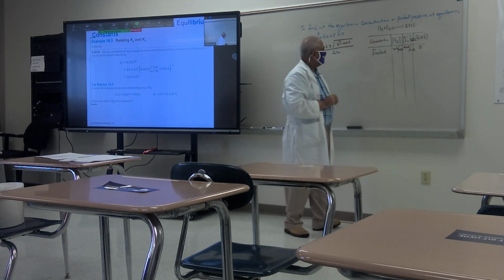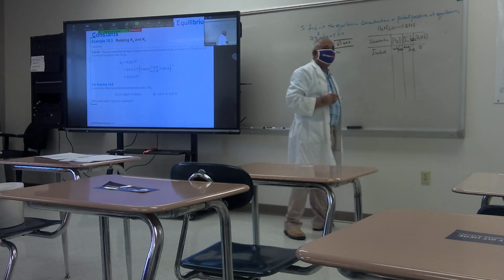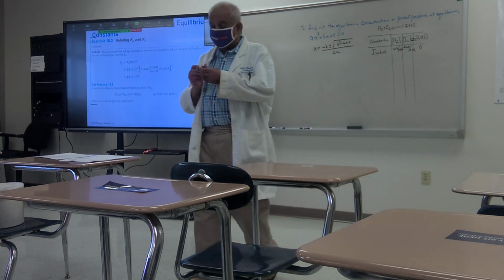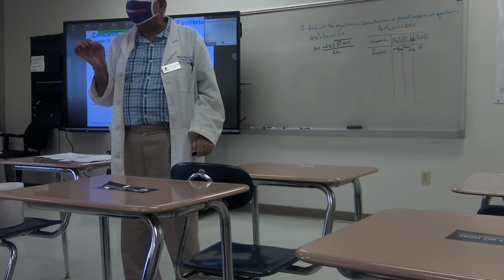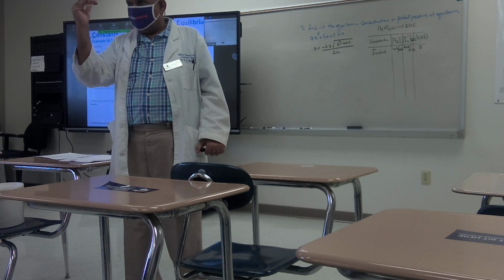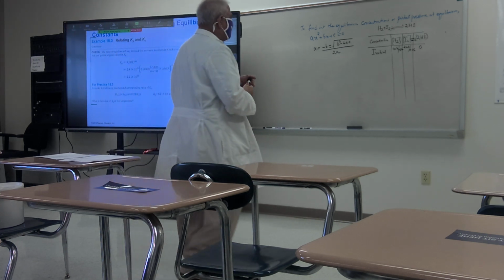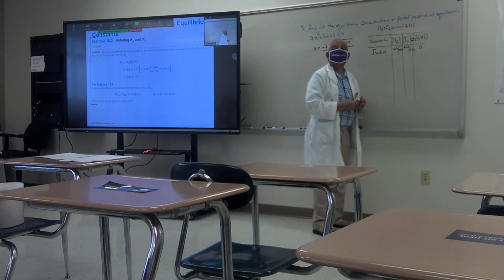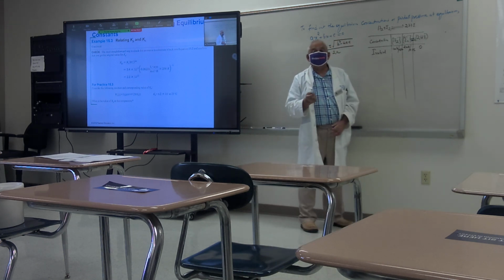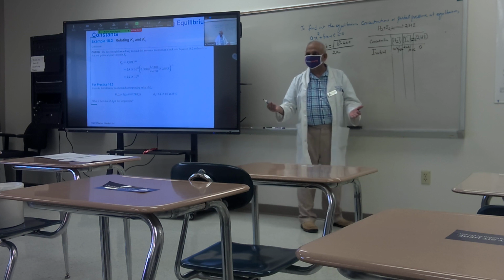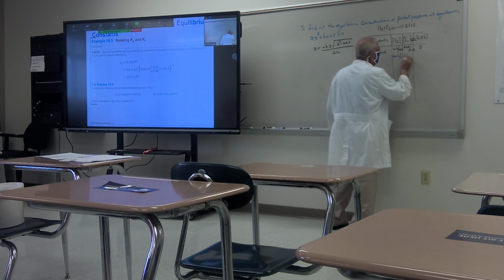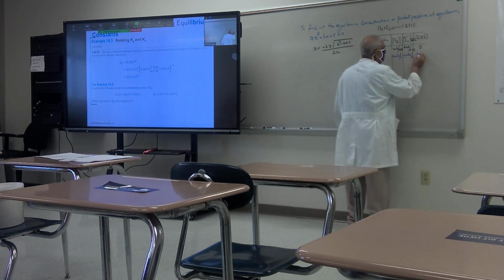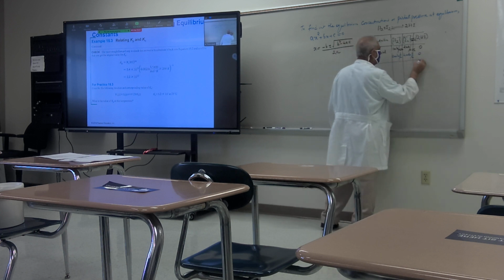You got it? Now, what we want is the molarity as the initial concentration. What is molarity? Moles per liter. Understand? Okay, 1 mole in 1 liter. But they have given 1 mole in 0.5 liter. It is not in 1 liter. So multiply that by 2. That becomes per liter, correct? So this obviously becomes 2 moles per liter. This becomes 4 moles per liter. This is 0. That is your initial concentration.